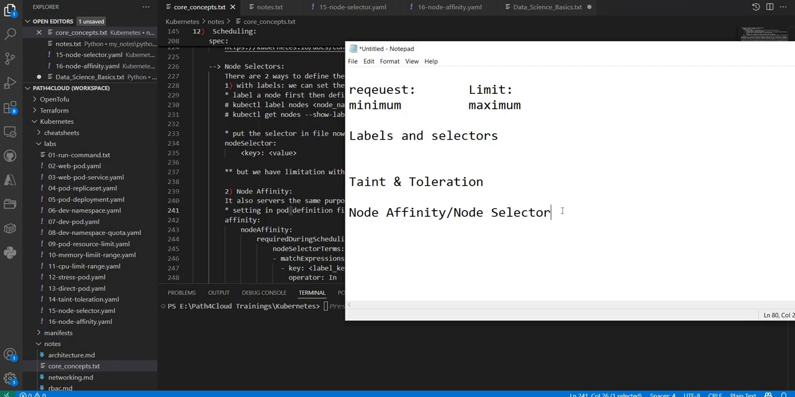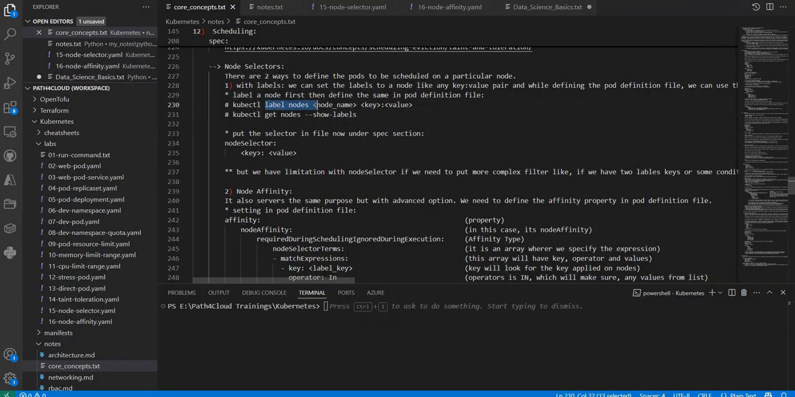Similarly, with node selector, first you need to label your node. Once you have labeled your node, when you define your pod definition file, you need to put that key. Kubernetes will go and check for that node. If it doesn't find a node with that particular label, your pod will not get scheduled. Maybe it will be in a pending or error state, but probably pending. Let's see. First, we will